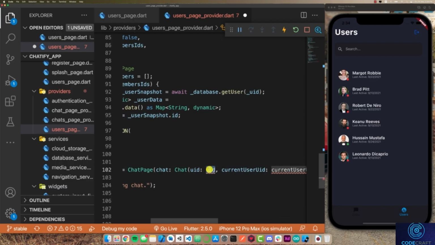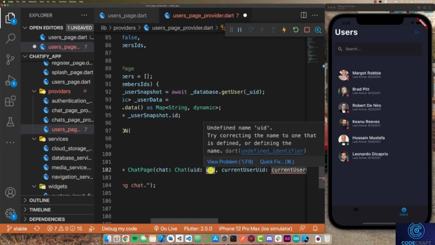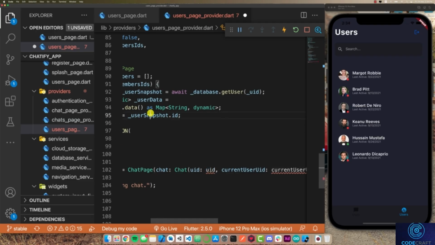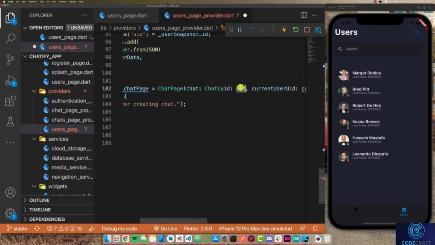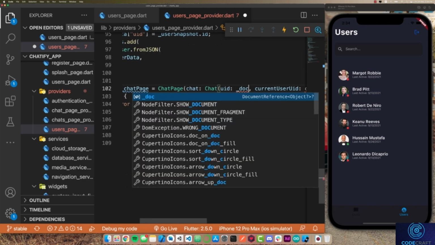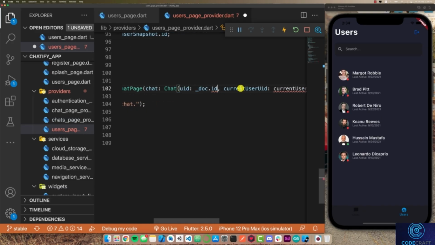So firstly, we need to pass it the ID of the chat. So for that, what I'll do is that I'll take the document that was just created here, the new chat. So I'm going to do underscore doc, and then I'll do dot ID. And that's pretty much all we have to do. And since the document reference might be optional, I'm going to add an exclamation mark here to indicate that we for sure know that the document will exist. With this, I also have to provide it the current user's ID, which can be accessed through